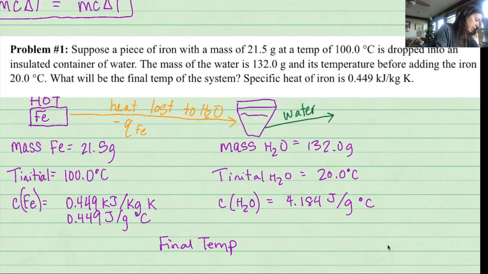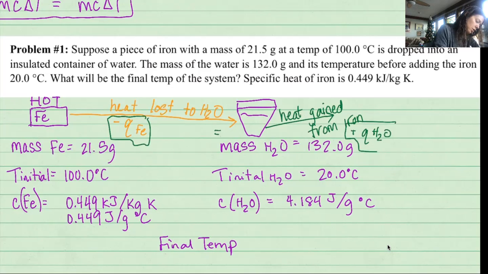I'm going to write heat gained from iron. It's all about heat exchange, and that is a positive Q. And these Qs are equal in magnitude,